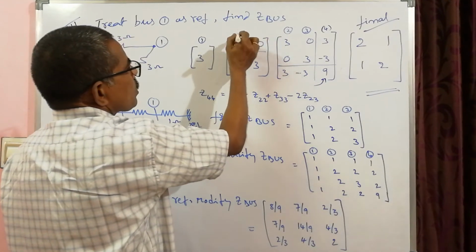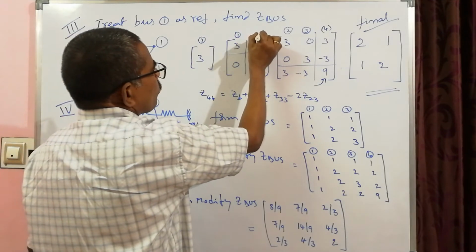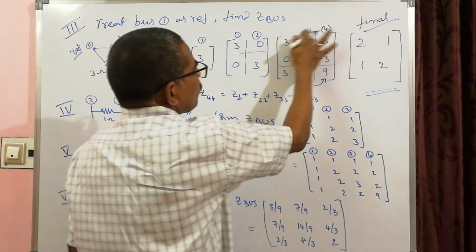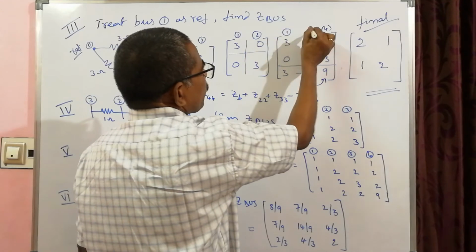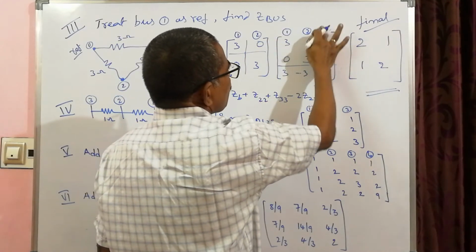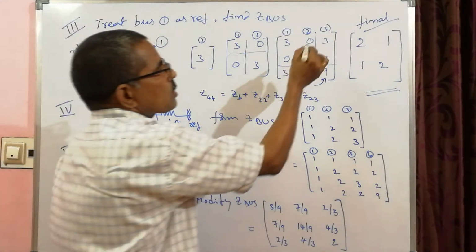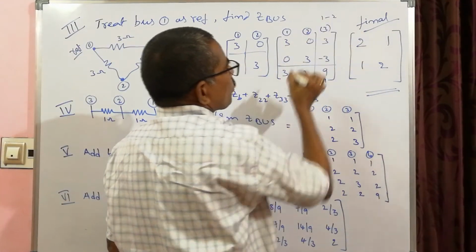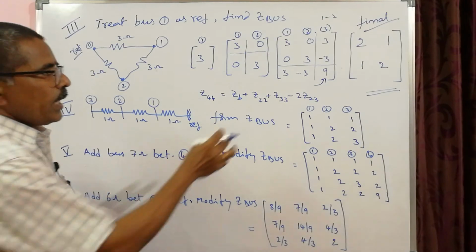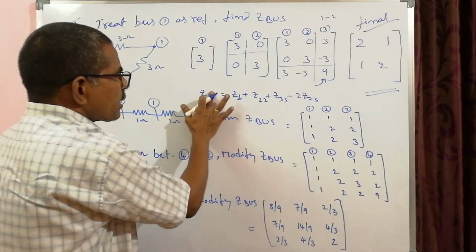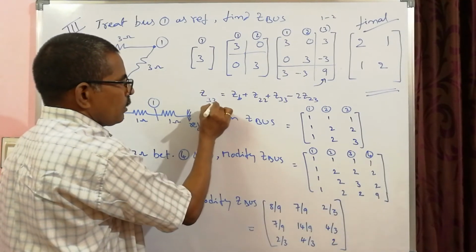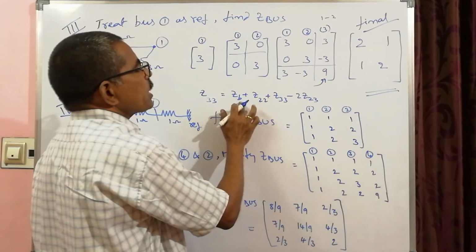This becomes 1 and 2. Okay, so this is my first bus column, second bus column. This is temporary third, which is 1 minus 2. Okay, and now this is going to be Z33, that is this, which is ZB plus